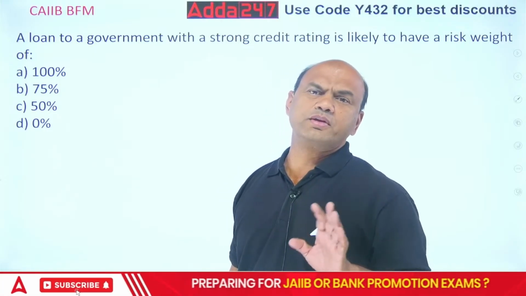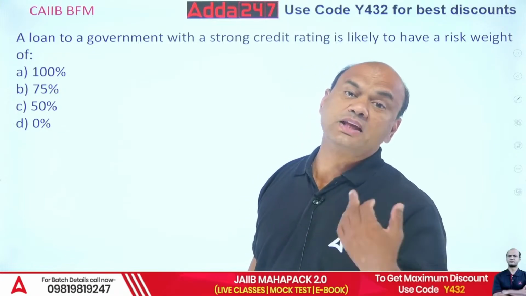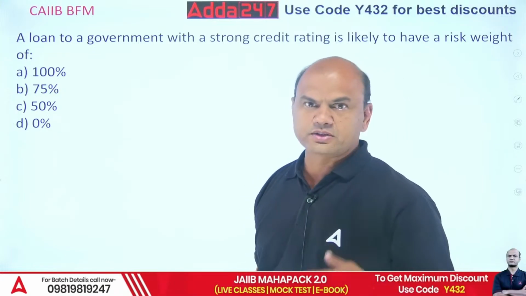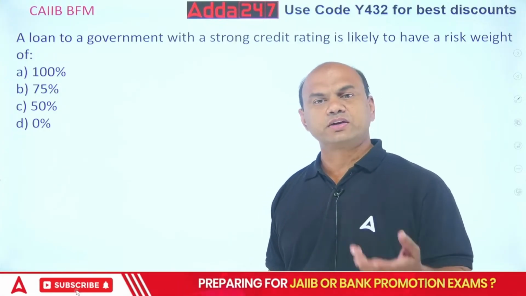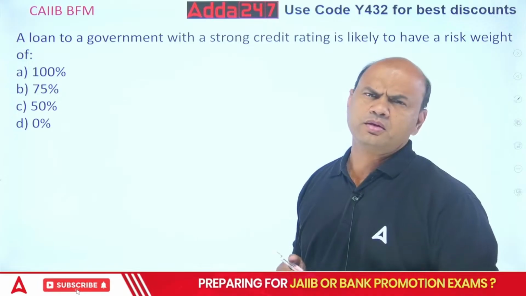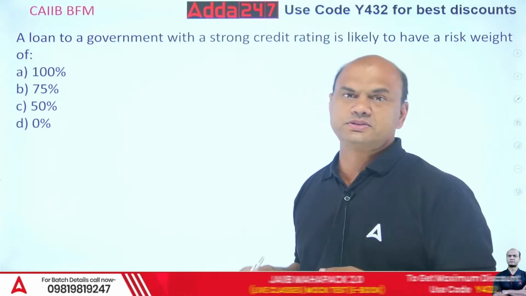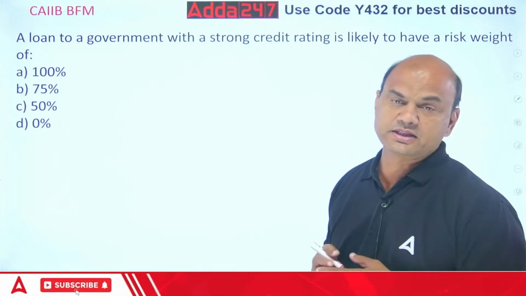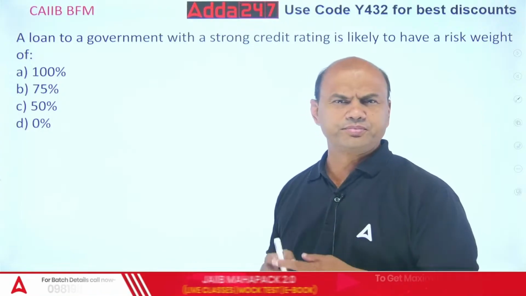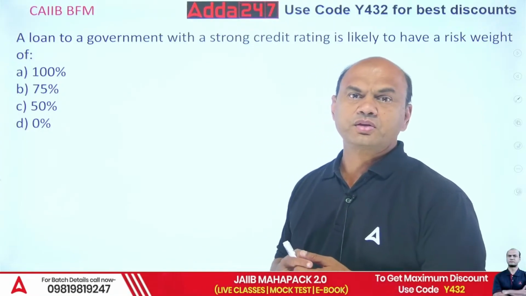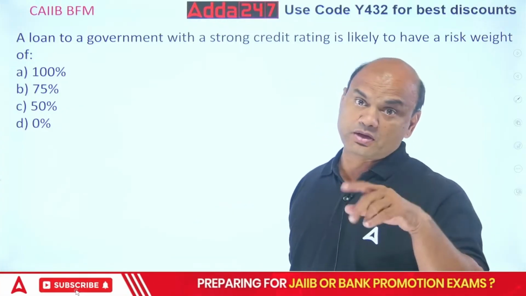Loan to the government can be given in various ways. Number one, I can purchase their bonds. That is also loan to the government only. I can purchase their bonds, or second thing, what can I do? Purchase the bonds, number one. Number two, I can give a loan to their companies. NHAI, National Highway Authority of India, I can give a loan to them. Okay? So, if I give a loan to any of these government companies also, which have a backing of government,